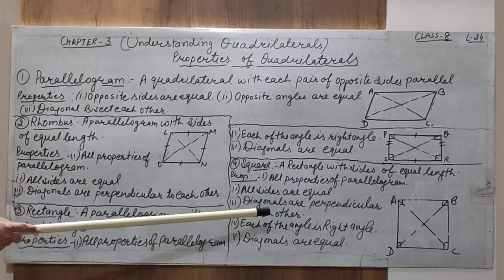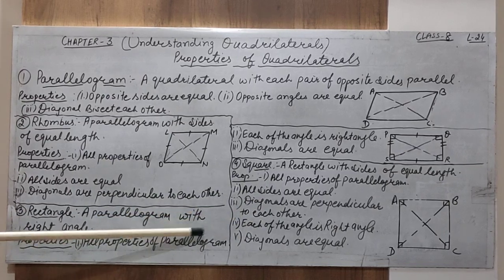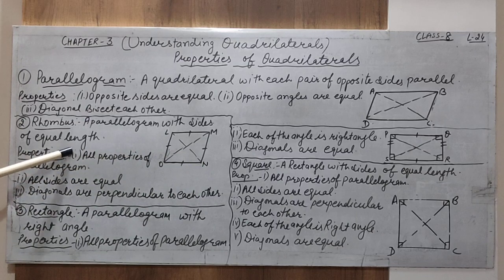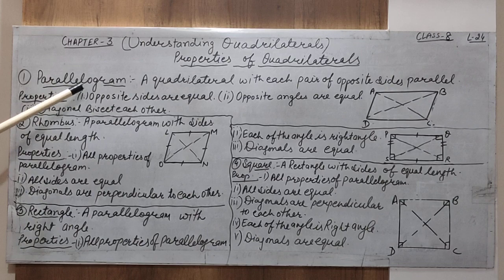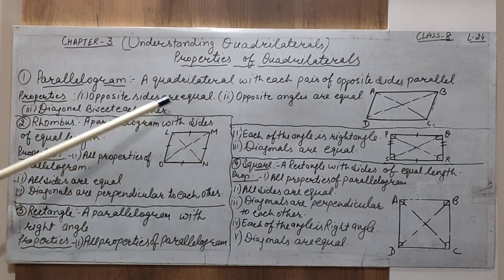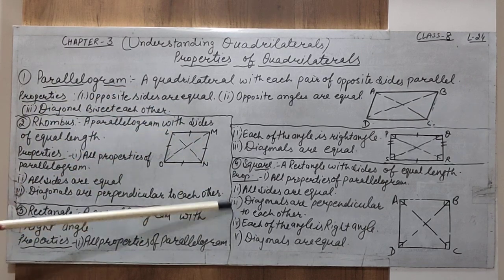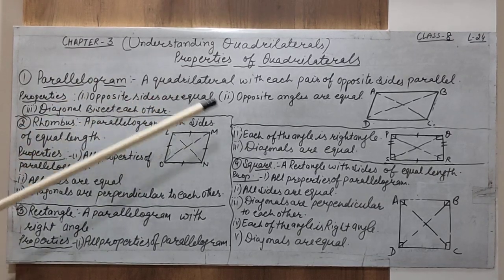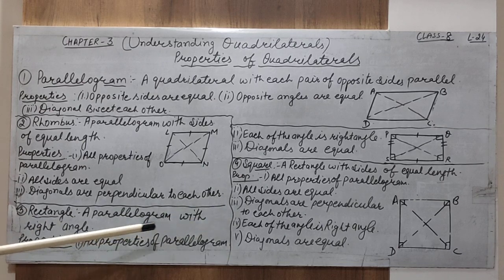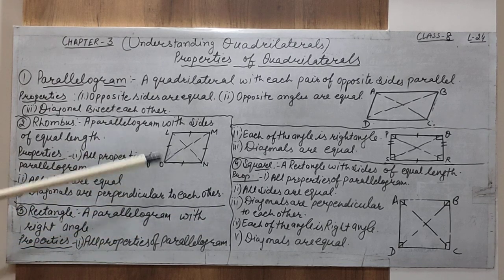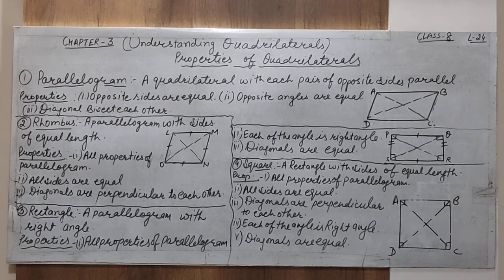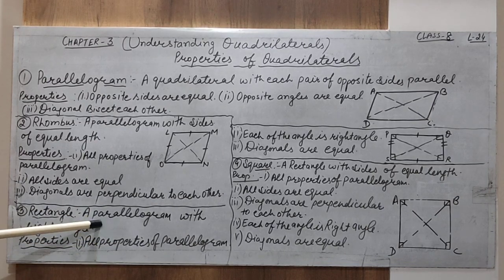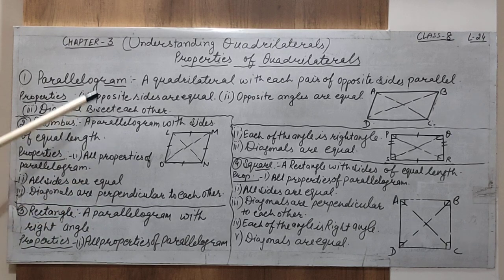So a square can be thought of as a rectangle, a rhombus, and a parallelogram. But a parallelogram cannot be thought of as a square because the properties of the square are not in the parallelogram. But all the properties of the parallelogram are included in the square, the rectangle, as well as the rhombus. So a rectangle is a parallelogram. We can say a rectangle is also thought of as a parallelogram.